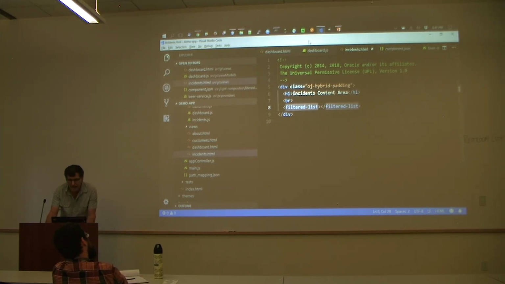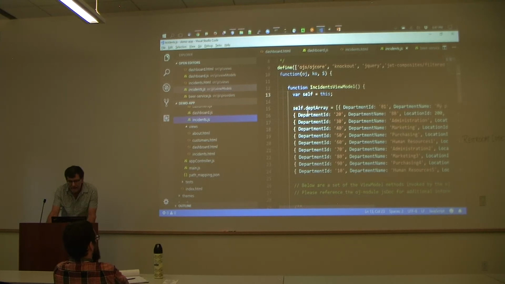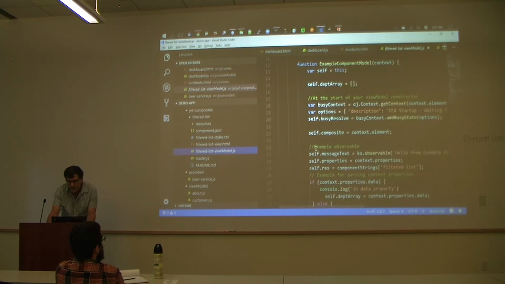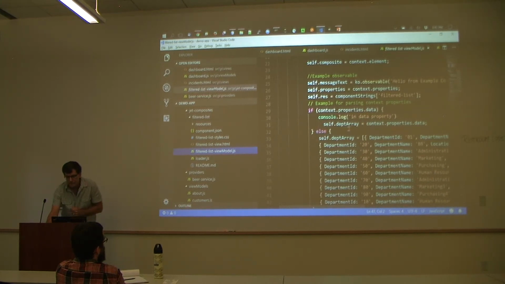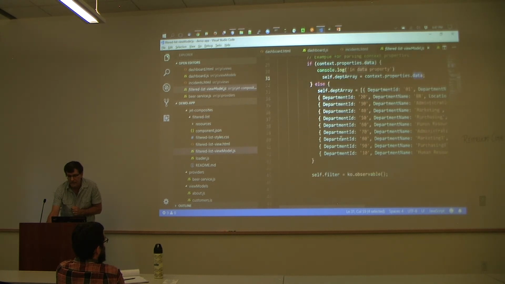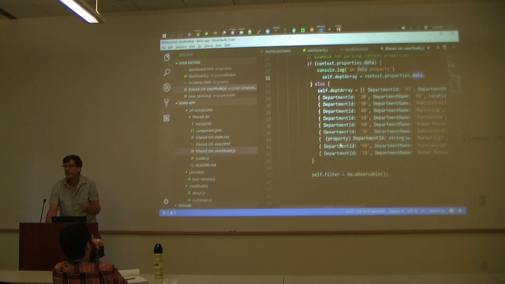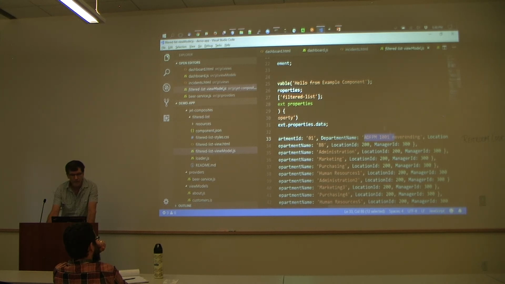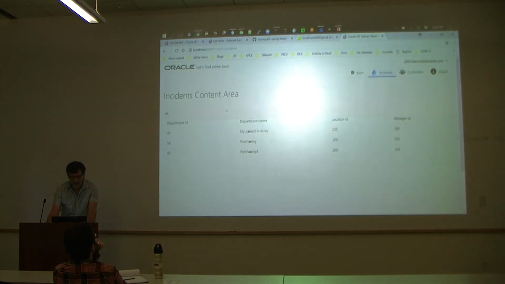So in this case, behind the scenes, in instance.js, I actually created an array called department array. In the view model for the component, I basically say if there's a property called data, then use it. Otherwise, use this temporary data, maybe development data, if you will. So right now you'll see that in the first one, the department name is saying ADF PM 101 blah blah blah. And if we go look at it, and I clear out my listing,